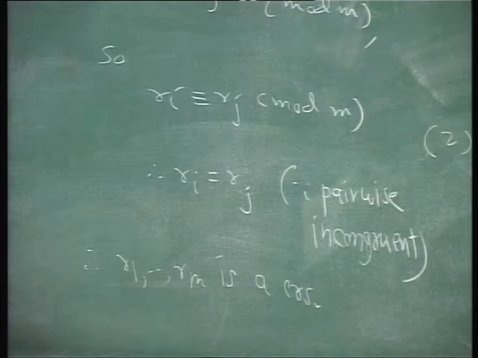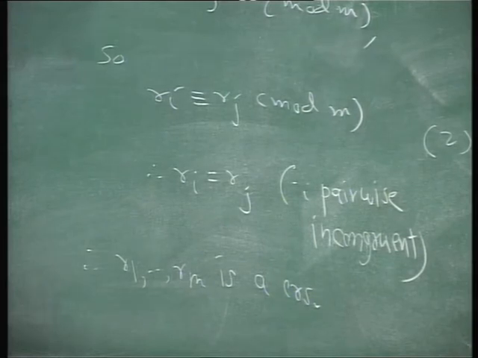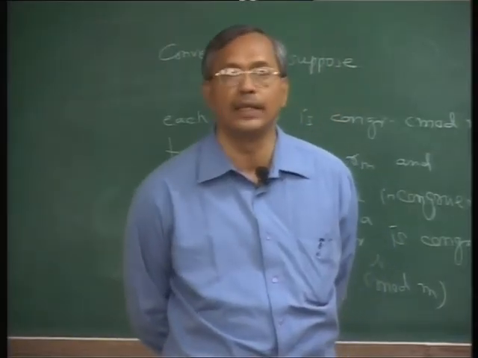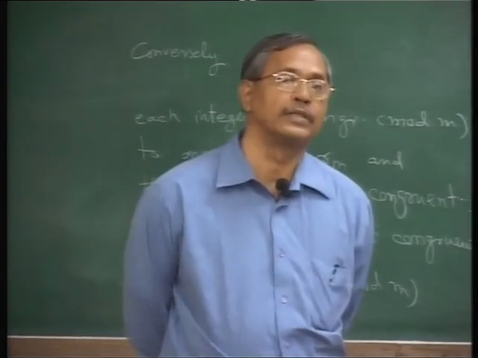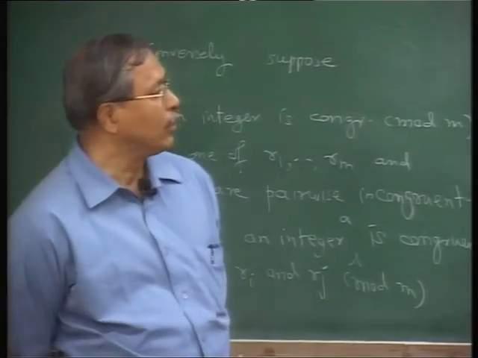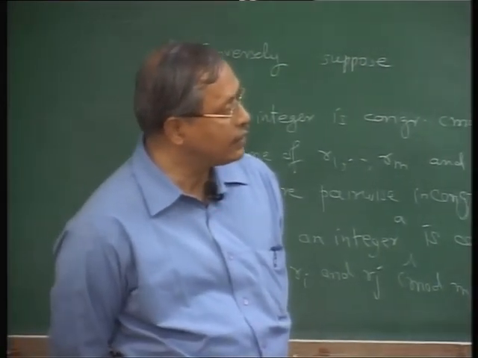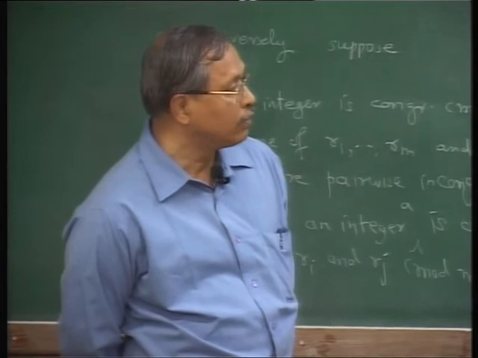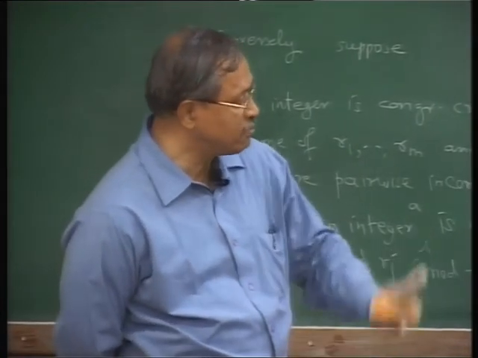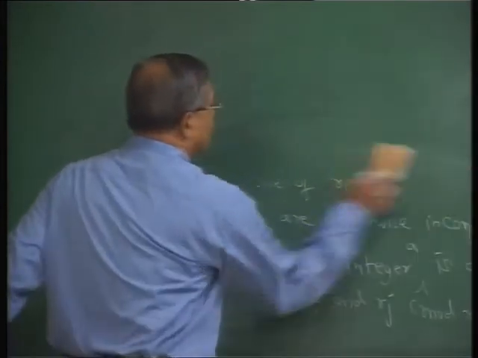Equivalent condition for CRS is that you take m integers. First thing is that every integer is congruent to one of them. Second thing is they should be pairwise incongruent. Then they form a CRS. This is a condition which is useful for testing whether some m numbers are forming a CRS or not. But as I said, the third property in this proposition says that out of these one and two, only one is enough, either the first one or the second one. So let us see that.